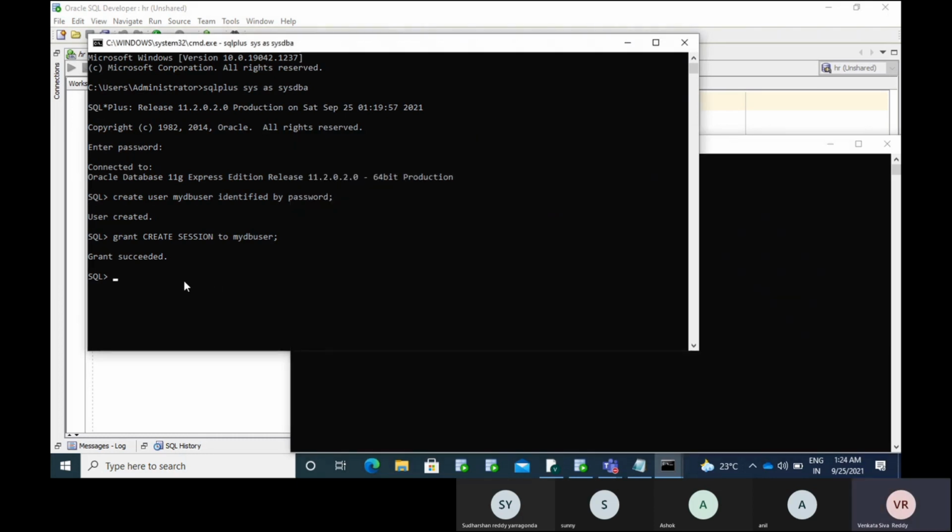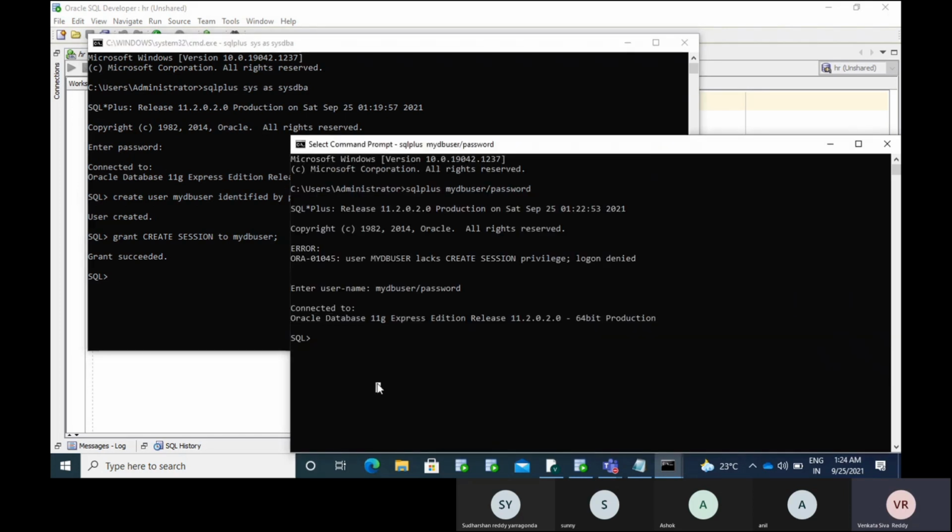As I said, if we want to create a table here, it gives insufficient privileges.